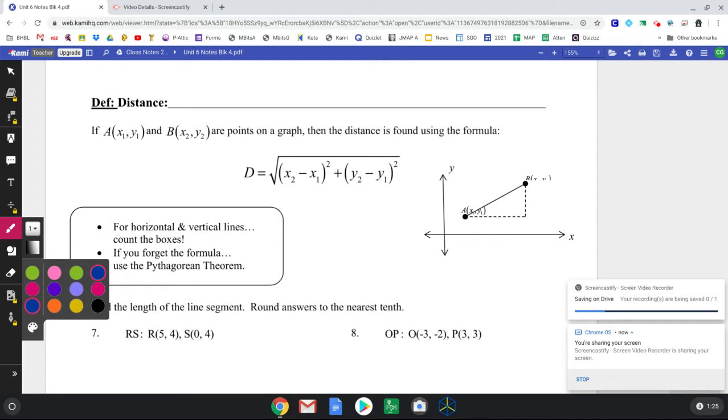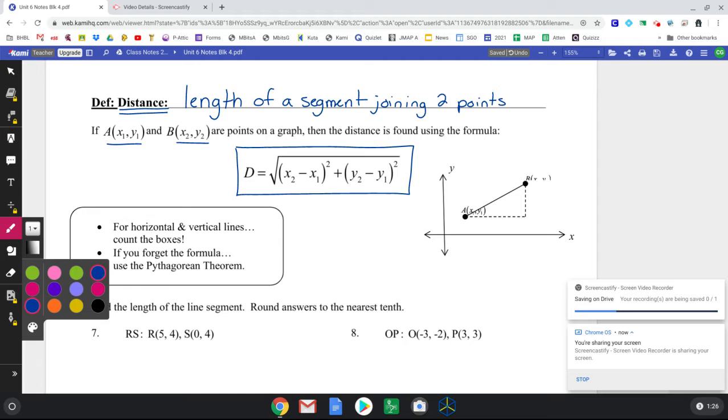So the second thing we're going to use in coordinate geometry is we are going to find the distance between 2 points. So we want to find the length of a segment joining 2 points. This will help us show that segments have equal lengths, which will then help us show that things are congruent. So if x1, y1, and x2, y2 are points on the graph, then we can use the distance formula,